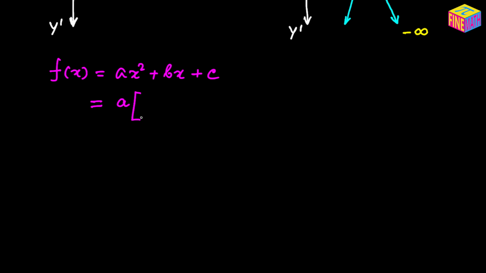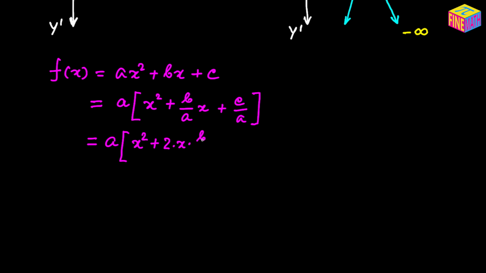So here, if we take a as a common factor out of this quadratic expression, so if we say a is out now, so we are left with x squared, and then on the second term, we have to divide by a. Then it will be b by a times x plus c by a, right? So our quadratic expression actually now going to look like this because we have taken a outside the bracket, right? So now let's continue. So if we have a here, and then we can say, okay, this is x squared plus we can say 2 times x times b by 2a